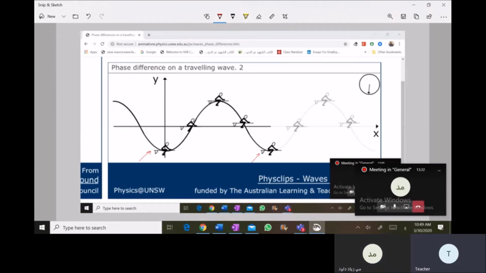Why? Because if this particle is moving down, this particle is moving down. If this particle is moving up, the other particle is moving up as well. Okay, this particle with this particle are anti-phase because as this particle is moving up, this particle